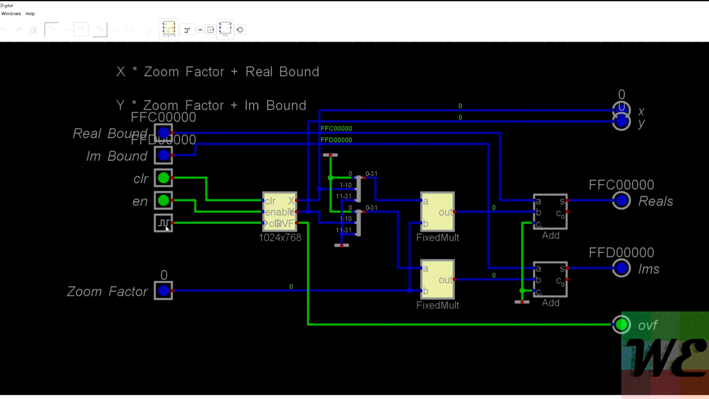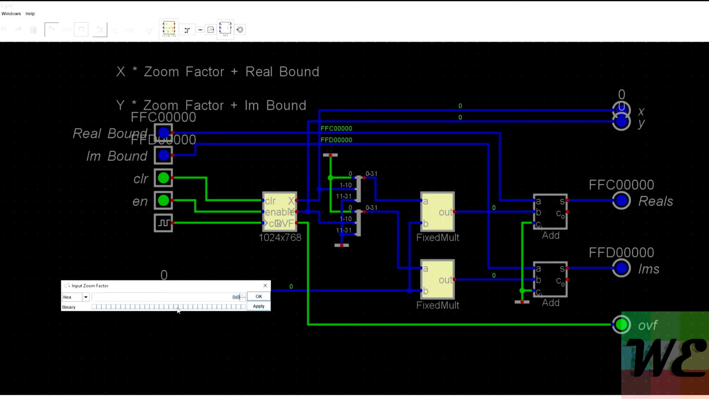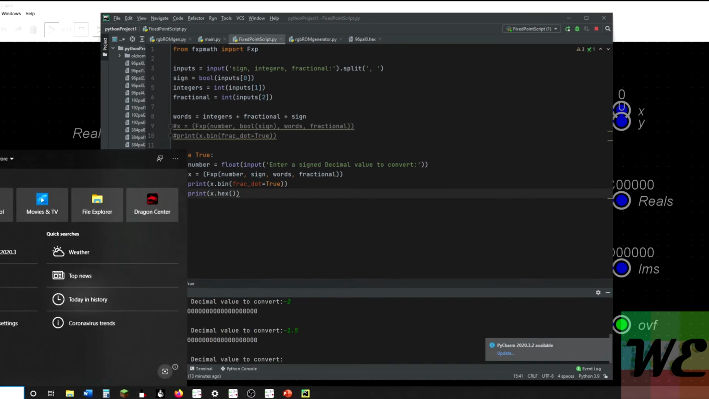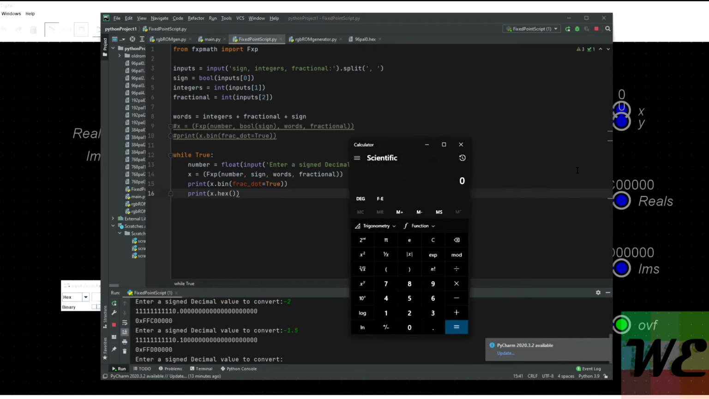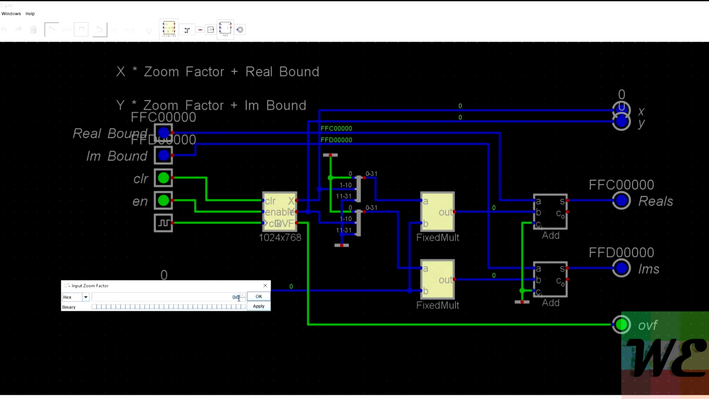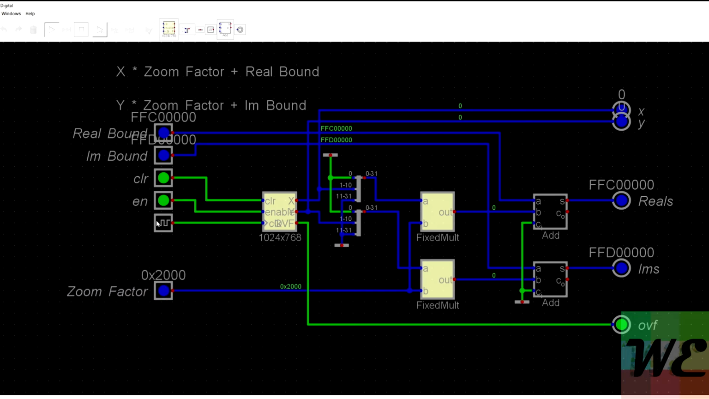Oh shoot, we're gonna have to clock this by hand, that sucks. So if I set my zoom factor to be like 1/256, if I pull up my Windows calculator, 1 divided by 256 is equal to that. It's 2000. Apply. Okay. And then once I enable this, now as I clock through this here,